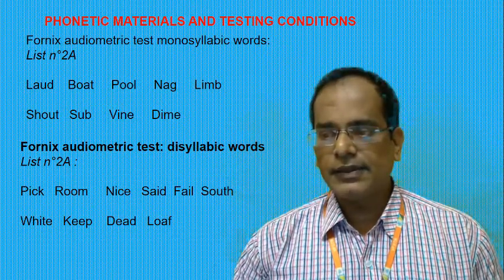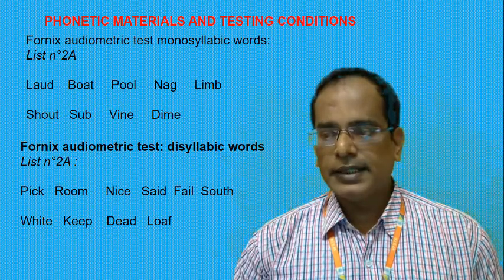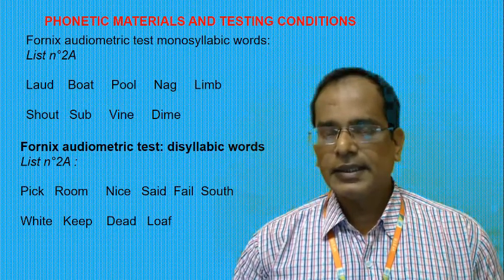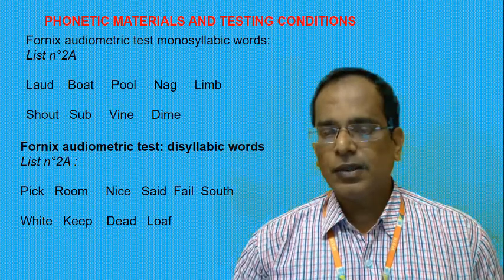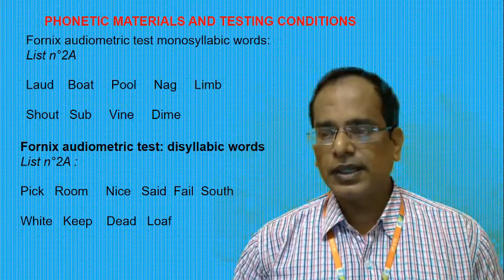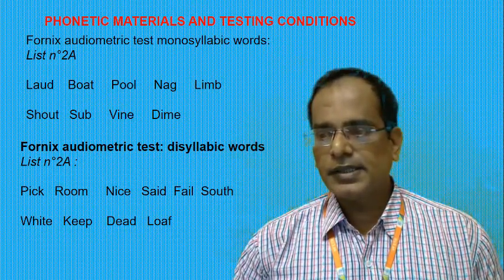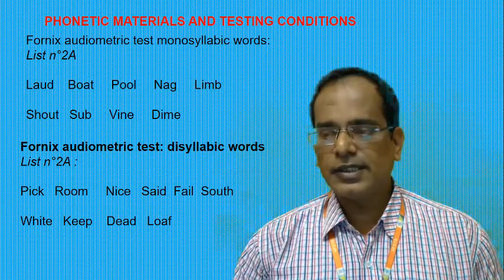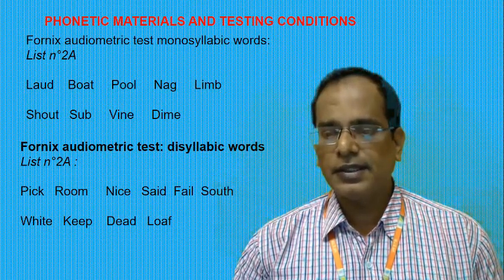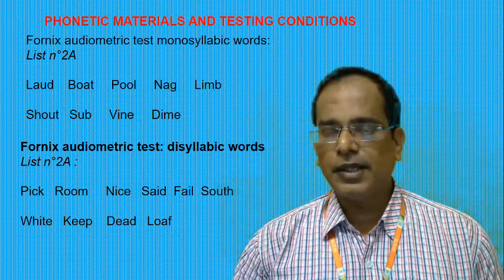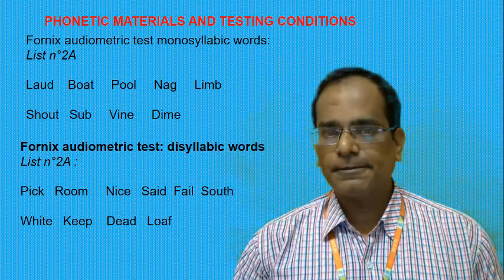For example, one English word set is bad, pad, pat. These have similar pronunciation, but they have to be identified. This is called speech intelligibility. Speech intelligibility is measured with the help of speech audiometry.